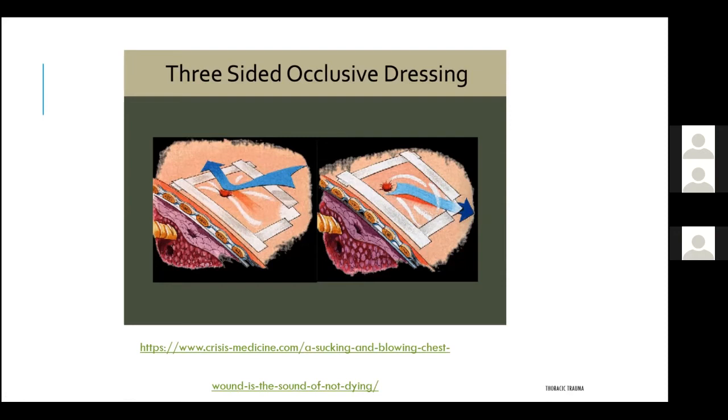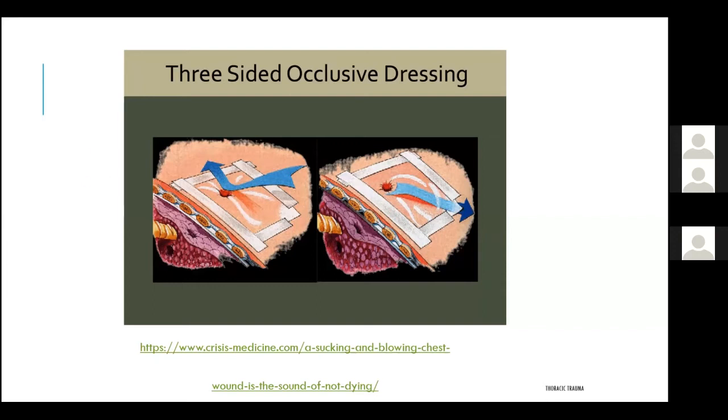Why? Because sometimes the three-sided occlusive dressing changes to a four-sided occlusive dressing. So it will be closed by itself, by something we don't know, and it will work as trapping air inside. At that time, if there is an air leak from the trachea or something, it will be compressed hard and cause tension if there is no other way for the air to go out. So apply the chest tube first. Remember always apply the chest tube first. The patient will not die from open pneumothorax. He has another lung, but unfortunately, if the three-sided occlusive dressing changes to a four-sided occlusive dressing,